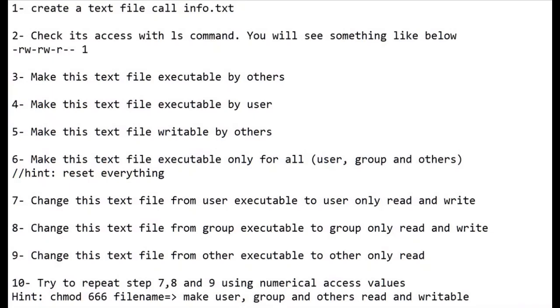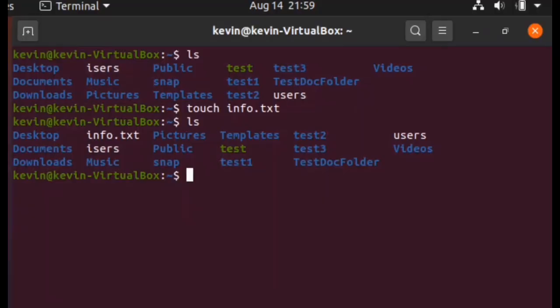So our first task was create a text file called info.txt. Check, we got that done. Now we want to check its access with command ls. Okay, so we want to see some permissions for that file. Let's go back to our virtual box here. So simplest way to do that